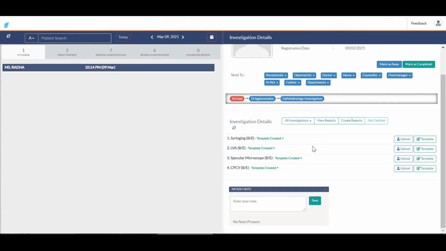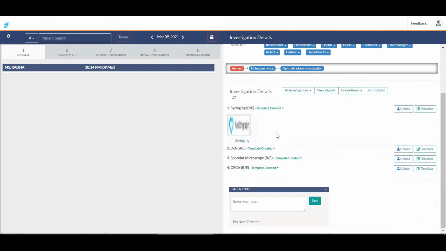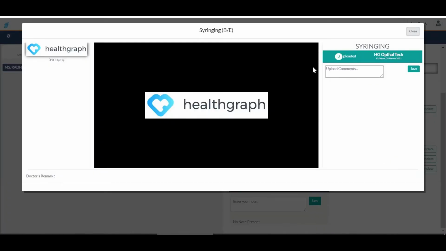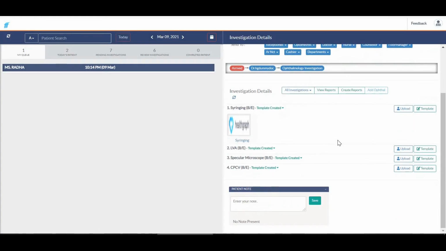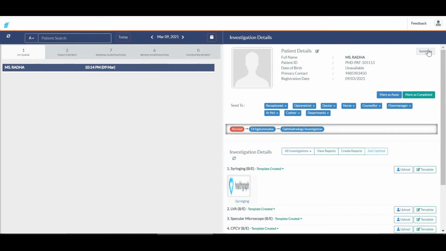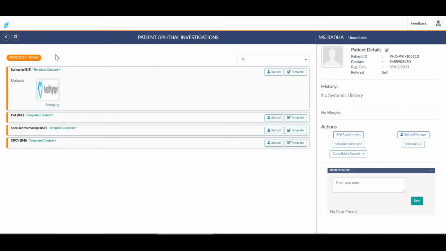Say okay, and if you refresh the page, you can see the uploads here itself. If you want to zoom, just click on it. Whatever you have uploaded will show here. Previously performed investigations are also shown date wise; if you have performed any earlier, you will see them in this tab.